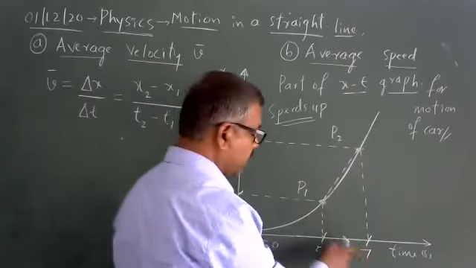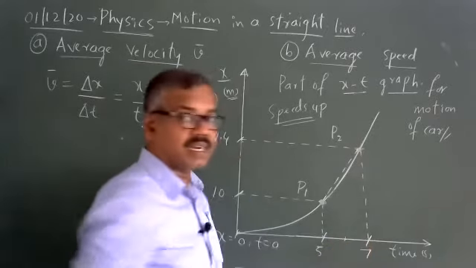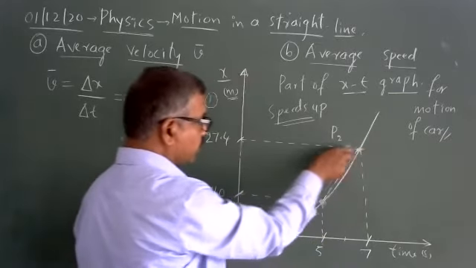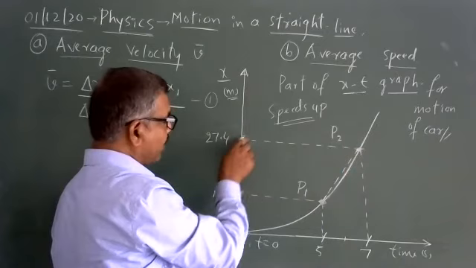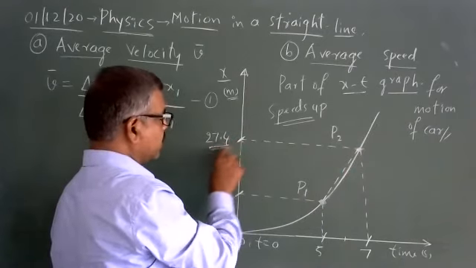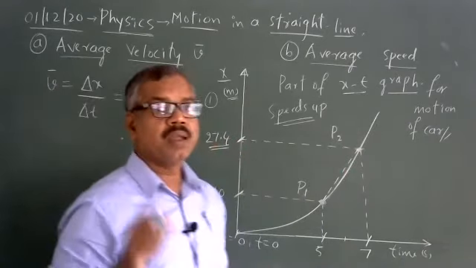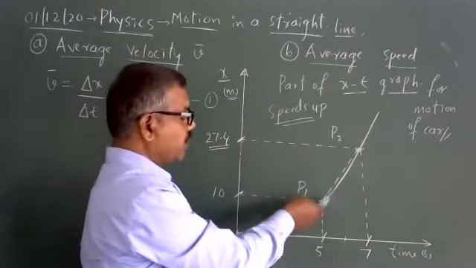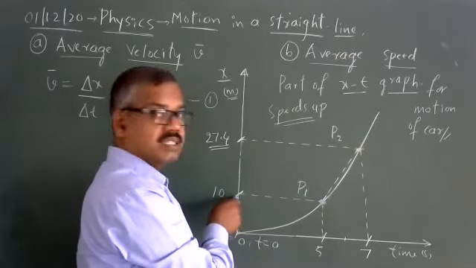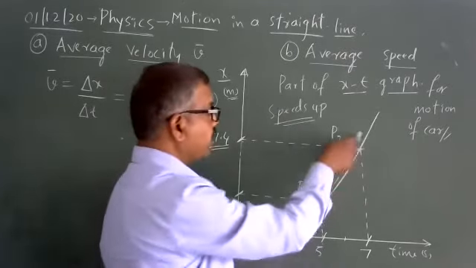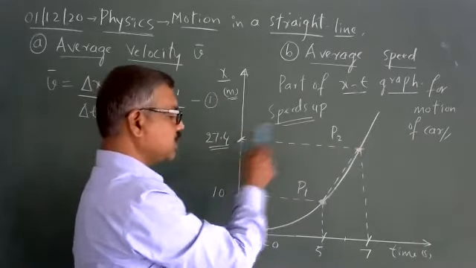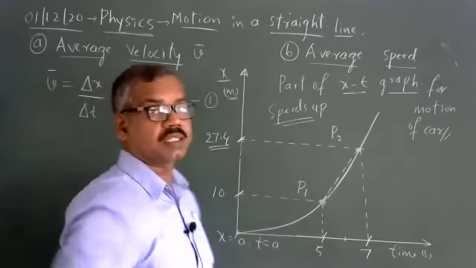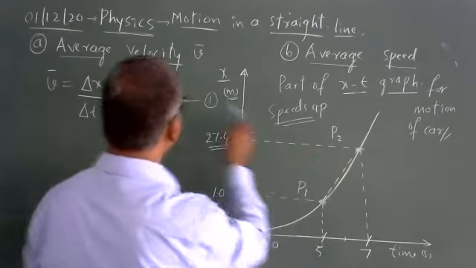After 2 seconds, at the 7th second, once again I detect the car. It is located at a point on this curve. I will go and meet it on this axis. It meets at the distance 27.4. What does it mean? P1 is a point on the coordinates of the x-t graph. P1 represents the distance, 10 meters, and the time, 5 seconds. P2 represents the distance and the time: the time is 7 seconds, and the distance is 27.4. Now, what are the coordinates? What is x1 and x2?